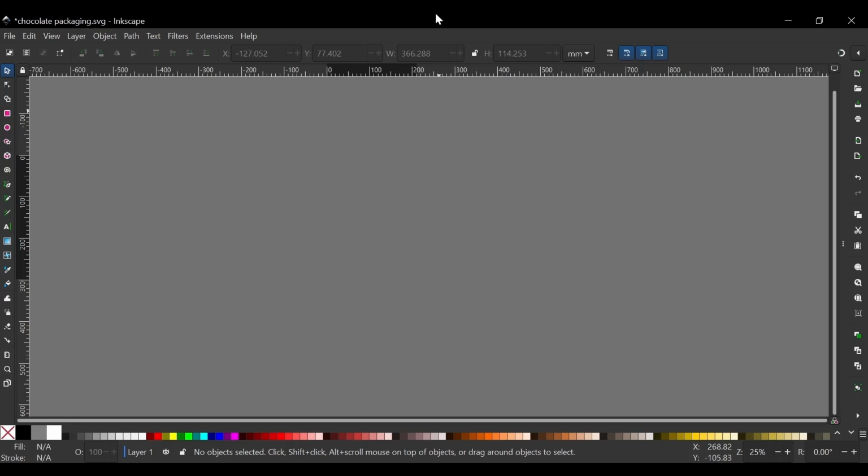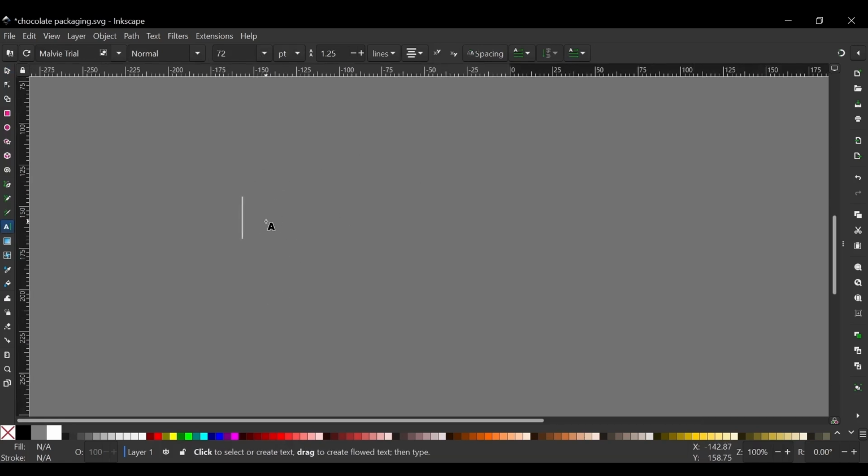Alright, in this video I'm going to make a simple package design in Inkscape, and then I'll take that design and create a mockup in GIMP. And to begin, I'll press T on the keyboard to get the text tool. I'll click on my canvas, I'll zoom in a bit, and I'll click right there and I'll type whatever I call my package design. So I'll type a word for my package design,